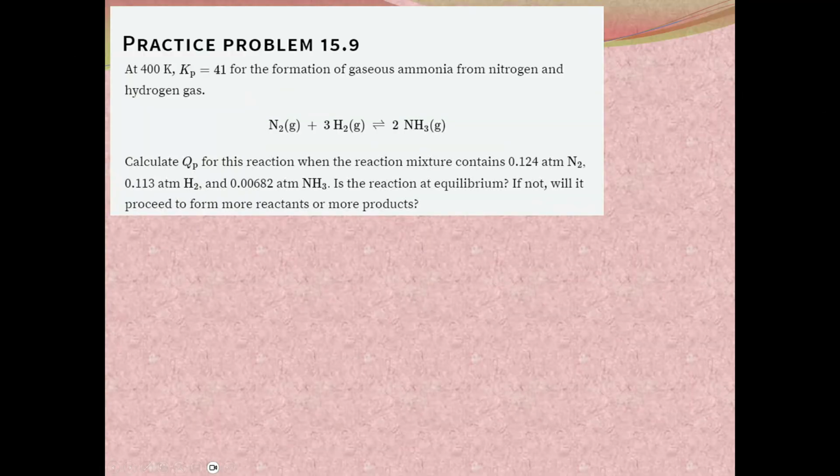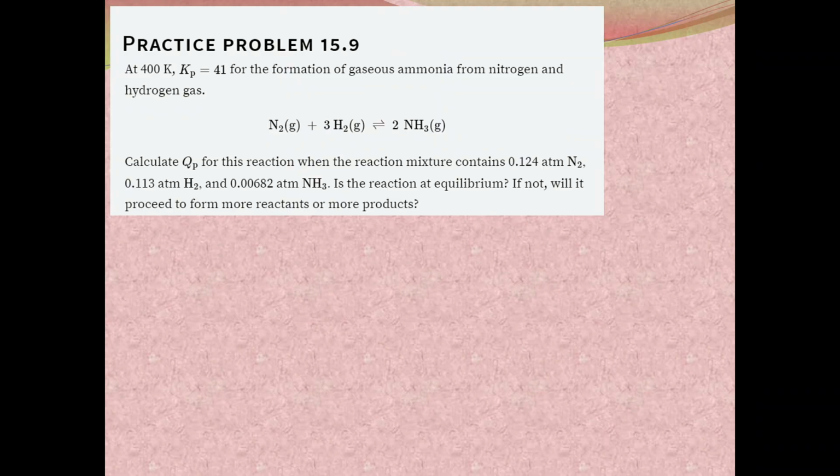Okay. So I have, obviously it's giving me an atmosphere, so I'm going to be looking at a K sub P versus Q sub P. My K sub P is 41. It's not a great value. When we get through with this reaction, we have a pretty good mixture of all the things. At the time they measure it, there is 0.124 atmospheres of nitrogen, 0.113 atmospheres of hydrogen, and 0.00682 atmospheres of